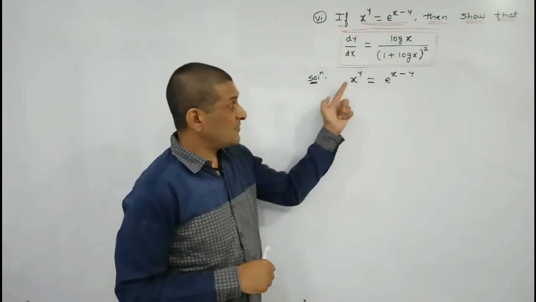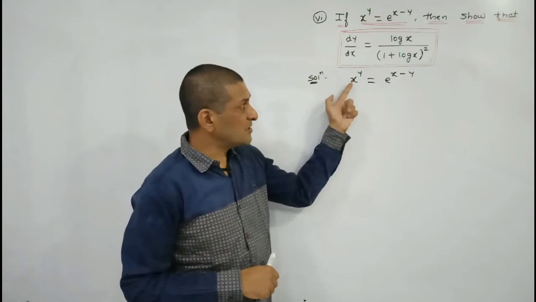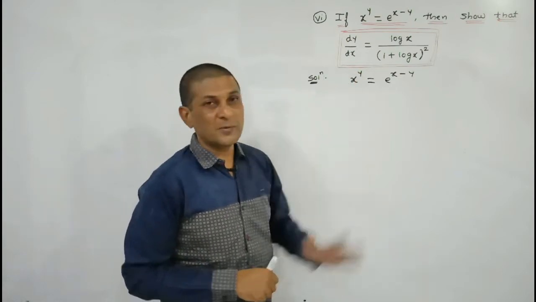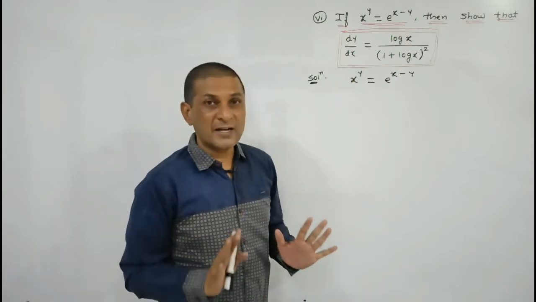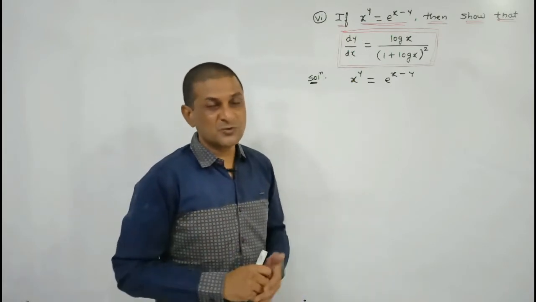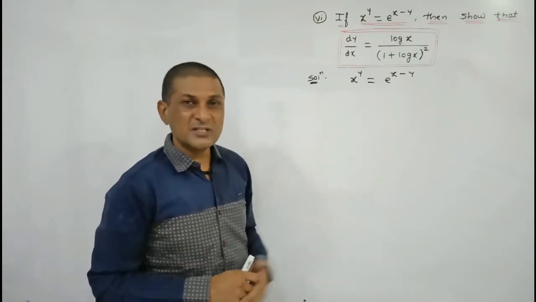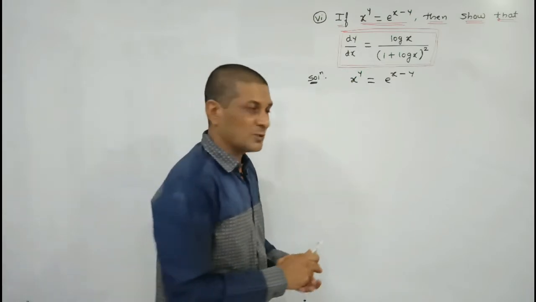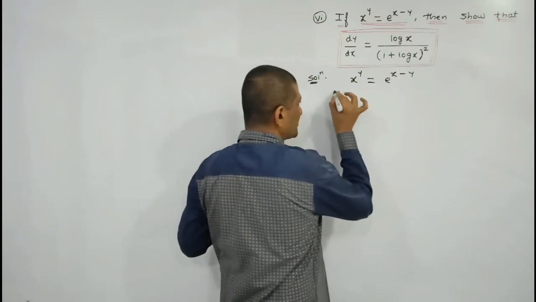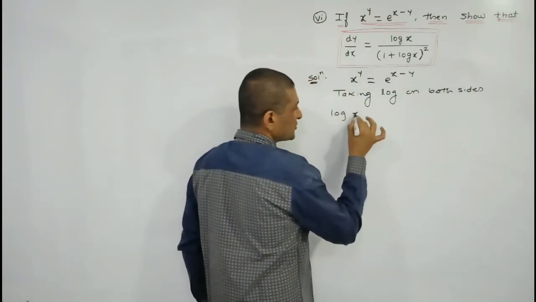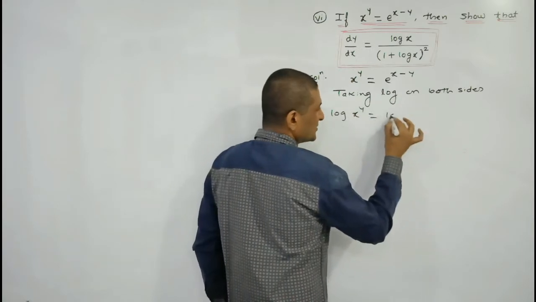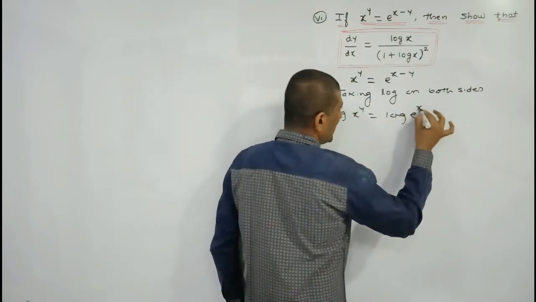If you observe the left hand side, this function is in the form of f of x raised to power g of x. In such cases we apply the logarithmic differentiation method, means we are solving this example by taking log on both sides. So taking log on both sides, see on left hand side what we will get,